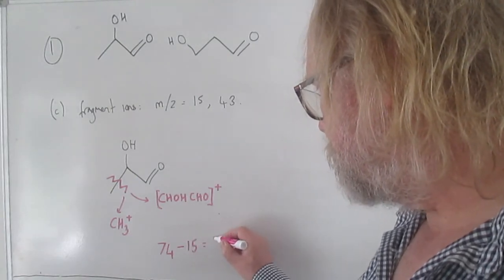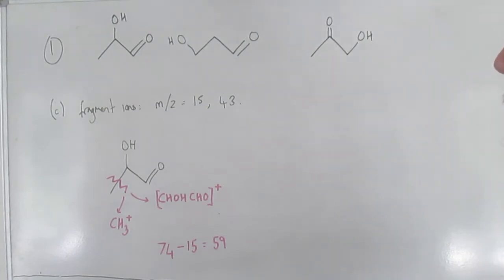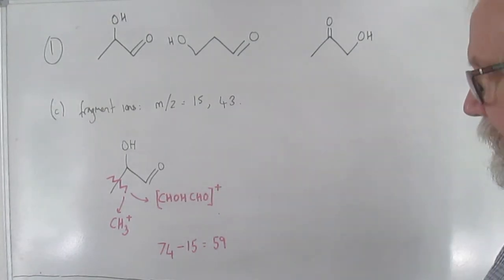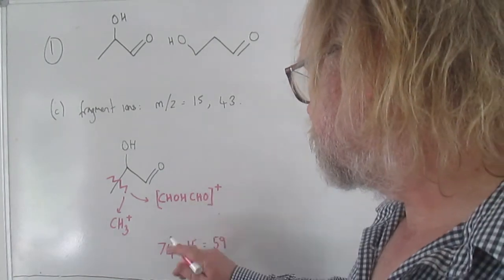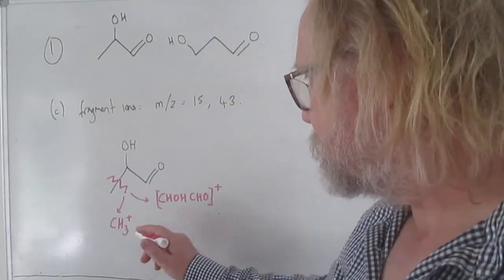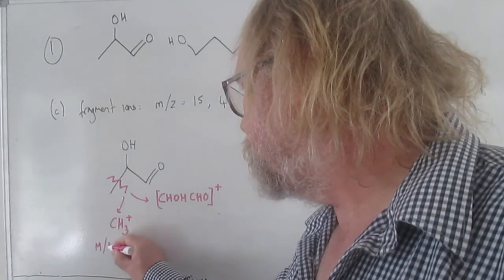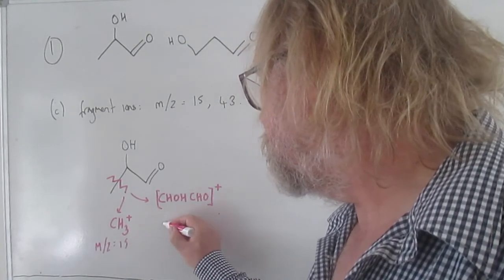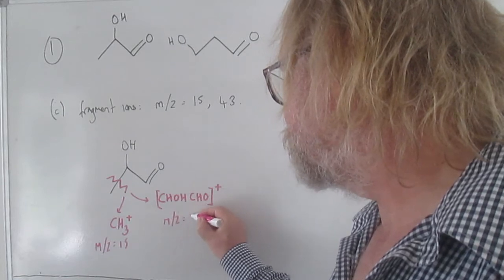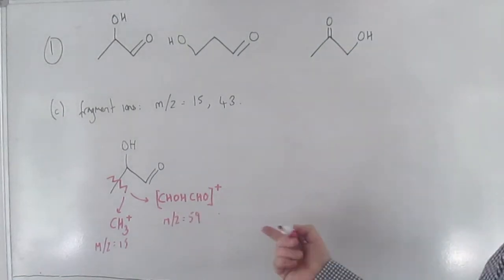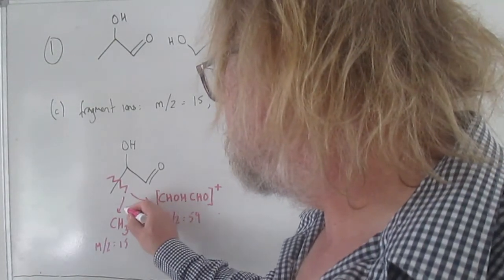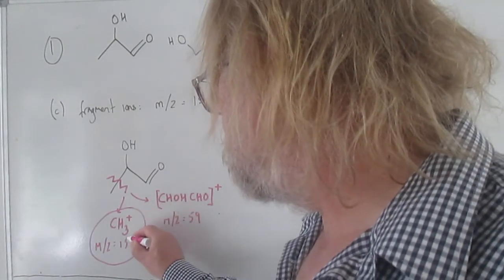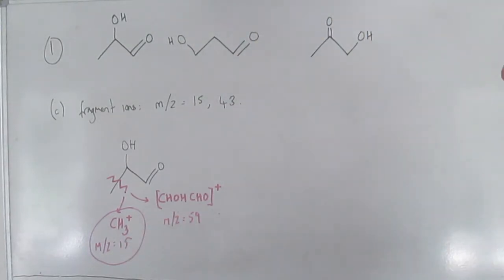And that gives you 59. So if it were that fragment, it would give you a peak at 59. So we've got an m over z of 15 as a candidate here, and an m over z of 59. So 59 we're not interested in, it's not a particularly prominent peak in the spectrum, but 15 is. So far that's looking good, because we can account for the peak at m over z of 15,